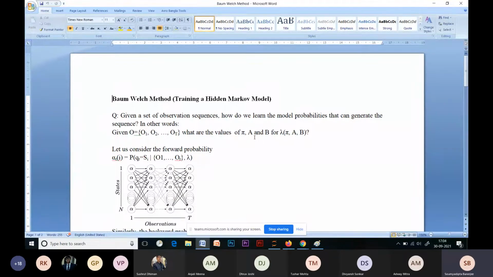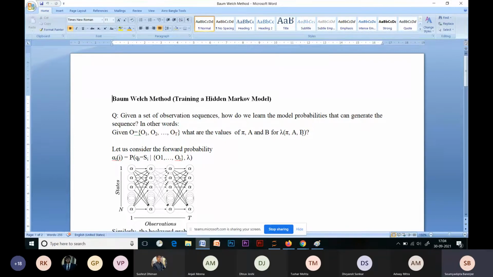we have to find out the desired values of the parameters pi, A and B. Pi is the initial set of probabilities, meaning the probability of the Markov model starting in a particular hidden state. A is the transition set of probabilities, meaning the probability of transitioning to one state given that the Markov model is at a particular state at a given instant of time.